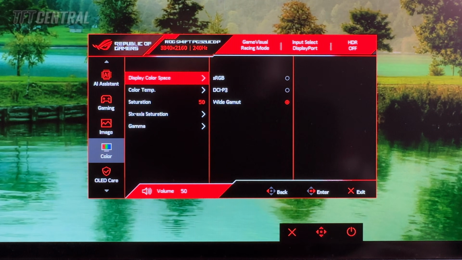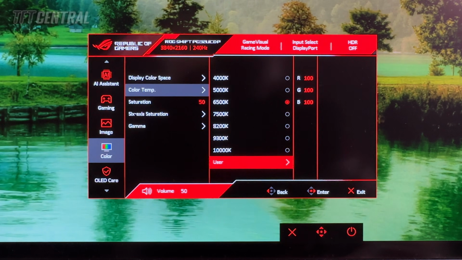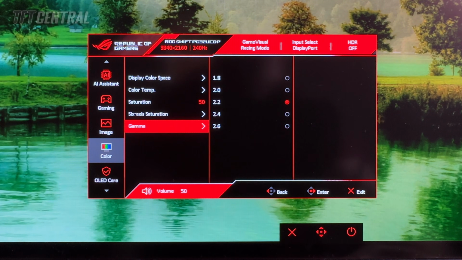In the color menu, for now we're going to leave the color space set on its full wide gamut. We're going to change the color temp mode to user, and we're going to set RGB at 100 for red, 99 for green, and 97 for blue. That should return you a white point very close to 6500 Kelvin. There's no need to change saturation, 6-axis saturation, or gamma, but just check that gamma is set to 2.2, which